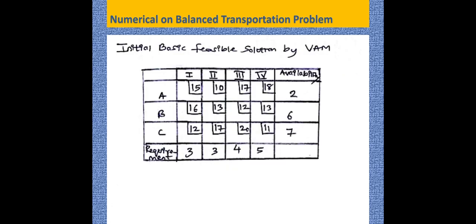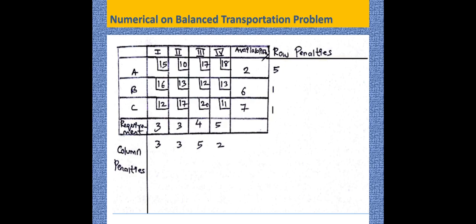The next step is to find the initial basic feasible solution. Here we are using the VAM method to obtain the initial basic feasible solution. Make a habit of representing the transportation cost in a box like this, so that it becomes easy for you to solve the problem without confusion. In the VAM method, the first step is to identify the row penalties and column penalties.